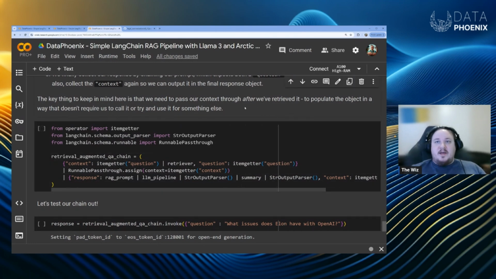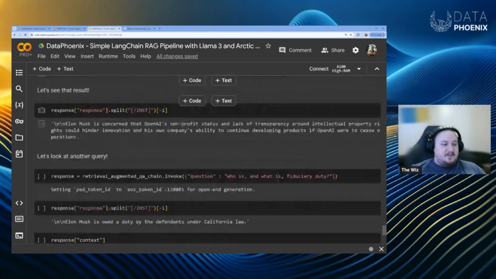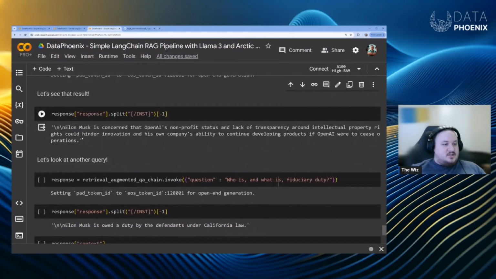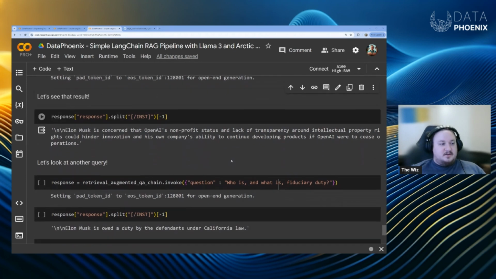Now we could do this different ways if we wanted to only summarize some of them, all kinds of things like that. But for this example, we're just going to showcase it summarizing everything. And the idea is when we ask that same question, what issues does LN have with OpenAI? We get a shorter, more natural language version of the response, and it's more relevant to our question, which is pretty cool, right? Originally, it was talking about the broader issues LN has with them using his copy, whereas now it's talking about the actual main crux of the complaint, which is this idea that it's out of